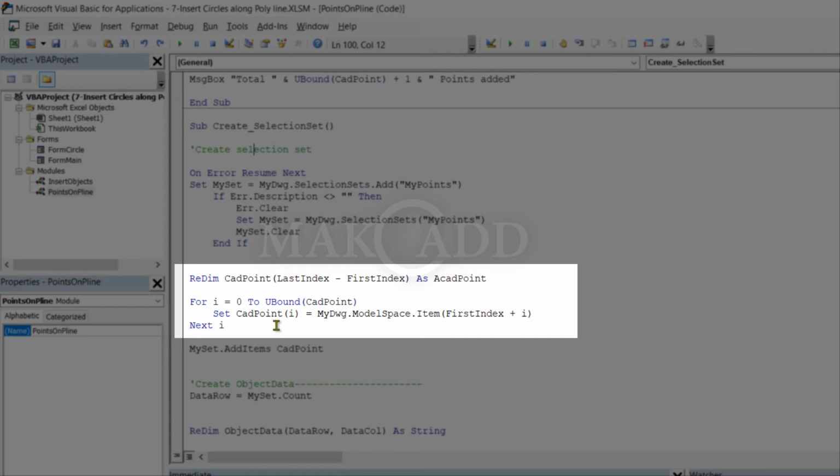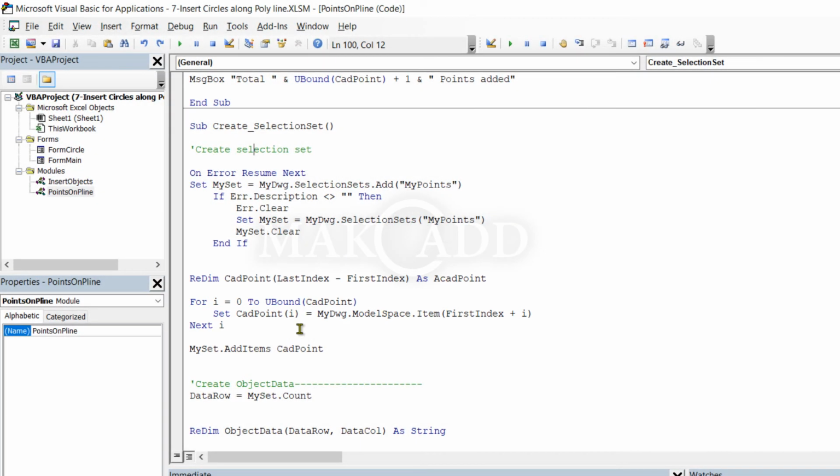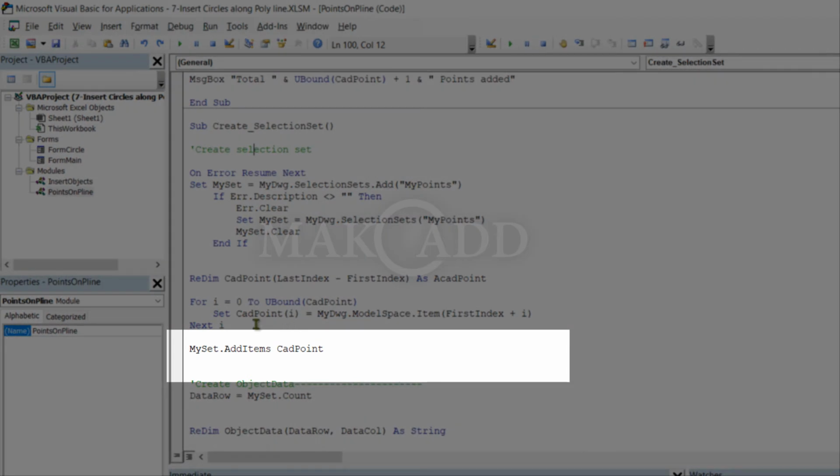We already inserted only card points at this point, so we add this to the card point variable. Then we add these card point objects, multiple objects, to my set.